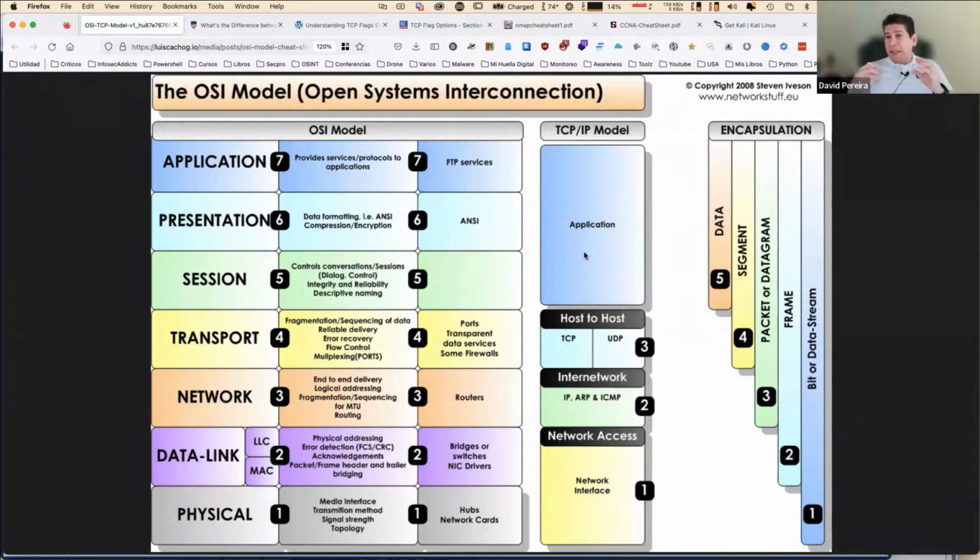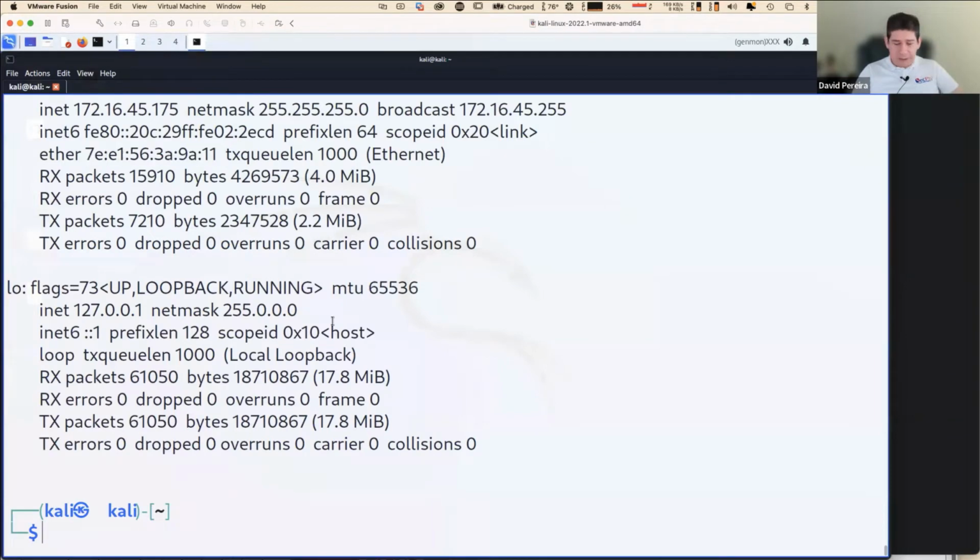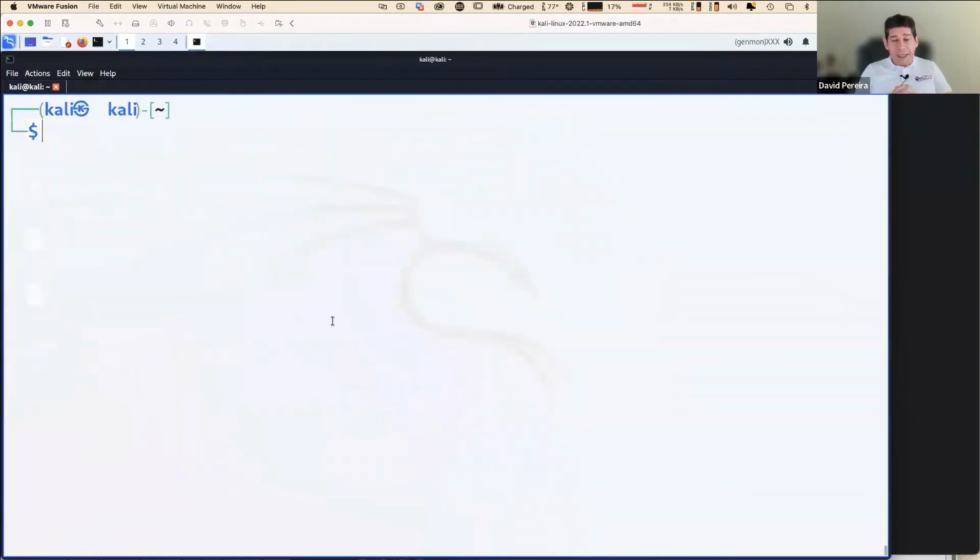It's very important that you understand that in the traffic, you have encapsulation. So it's like you have a big box, right? And inside this big box, you have small boxes inside. So you are going to try to encapsulate the traffic in each one of these layers. And this concept is a little difficult to understand, but if you see this in a graphical way, it's easier to understand. So the first thing that we are going to do to understand the traffic